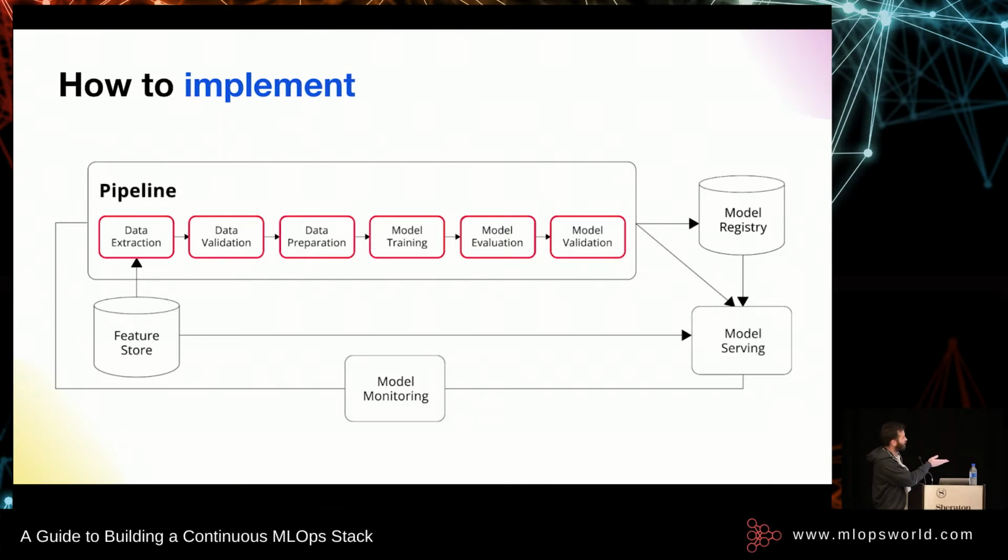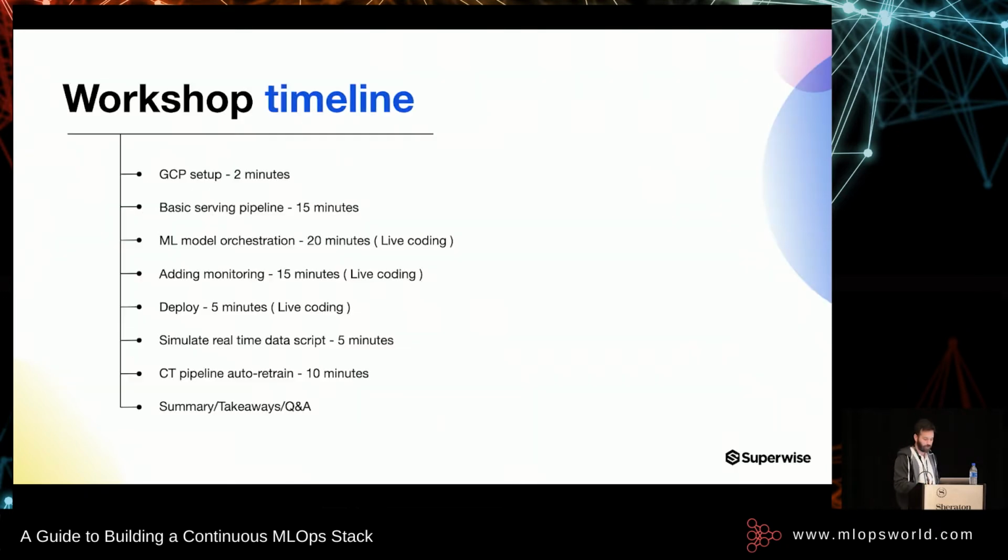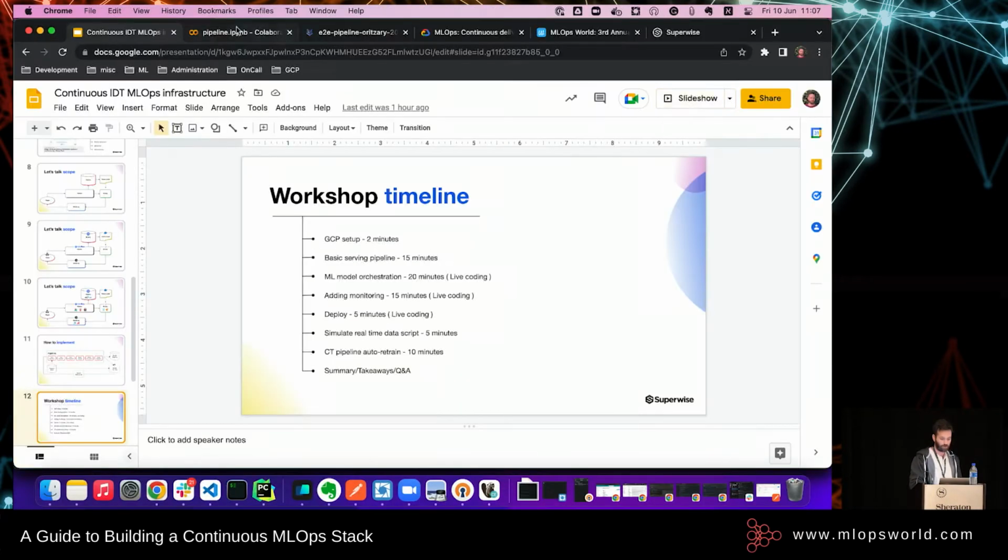So just to focus, we're going to write data extraction, validation, and preparation. We're going to train a model. We're going to evaluate it, make sure that the training was good enough, and then run this model on a validation data set. In case everything is good and the model reaches the threshold that we defined, we will deploy it, and hopefully everything will play. This is the timeline, and I think we can move on to the actual notebook.